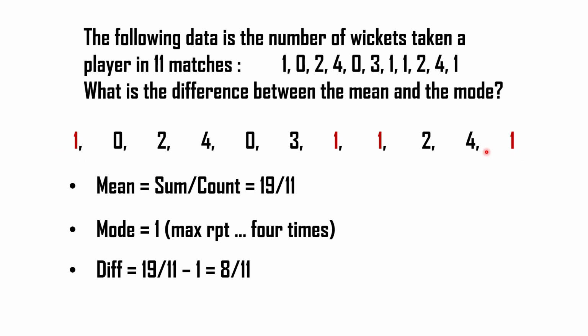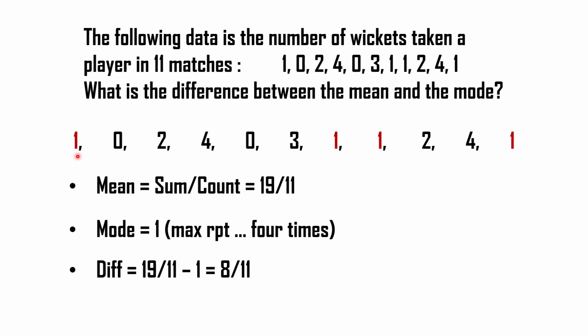এই সংখ্যাগুলো লিখে নাও। মিন কি হবে, সবকটা অ্যাড করে 11 দিয়ে ভাগ করব। সাম বাই কাউন্ট, টোটাল যোগ করলে কত হচ্ছে বাই কাউন্ট, কাউন্ট তো 11টা আছে, 11টা সংখ্যা আছে, তাহলে এটাকে যোগ করলে 19। If you add them you will get 19, 1 plus 2 3 plus 4 7 plus 3 10 plus 1 11 plus 1 12 plus 2 14 plus 4 18 plus 1 19, তাহলে যোগ করলে 19, and there are total 11 values, count হচ্ছে 11, so 19 by 11, এটা মিন অ্যাভারেজ। মোড হচ্ছে the maximum repeated value,